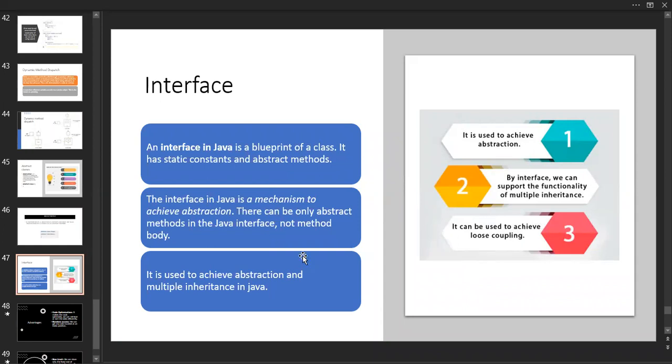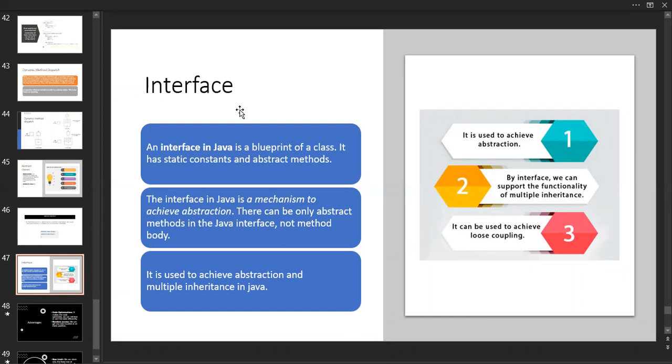When each and every class should extend or implement, again, I'm telling you, the inheritance concept will be linked to abstraction, and abstraction links to the interface. This is how we are going to check it out. Now we are going to discuss the main topic called interface, which gives us detailed information about